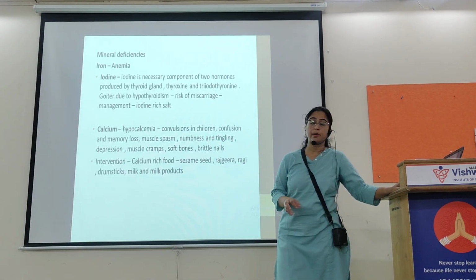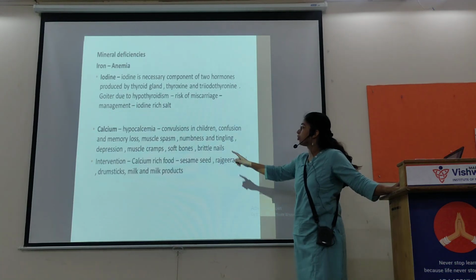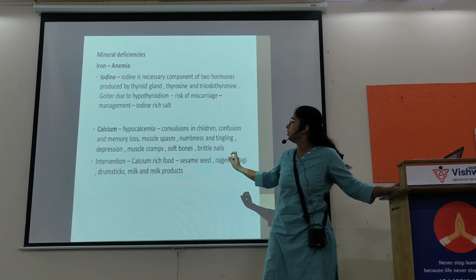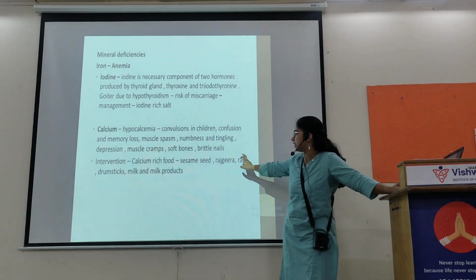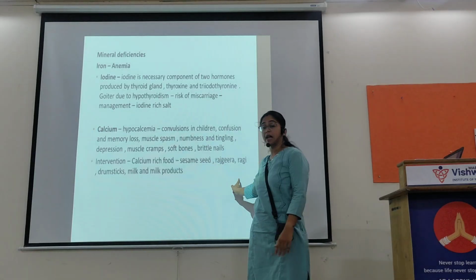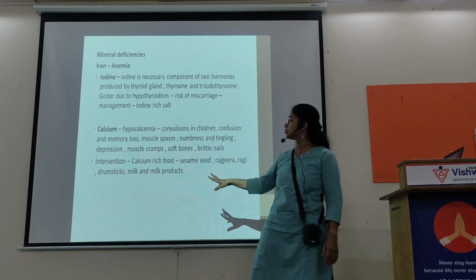Then calcium. Hypocalcemia can cause convulsions in children, confusion, slow development, muscle cramps, soft bones, brittleness. So intervention must be calcium rich food, that is sesame seeds, rajgira, ragi, bajra, also drums